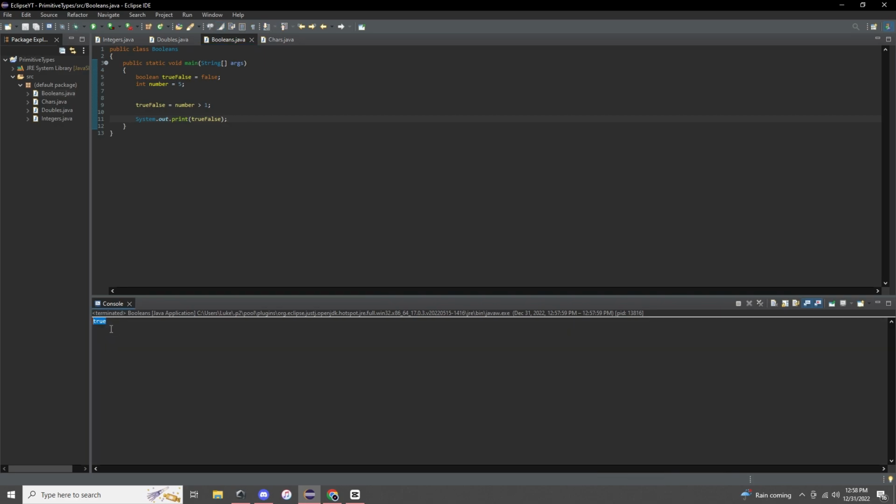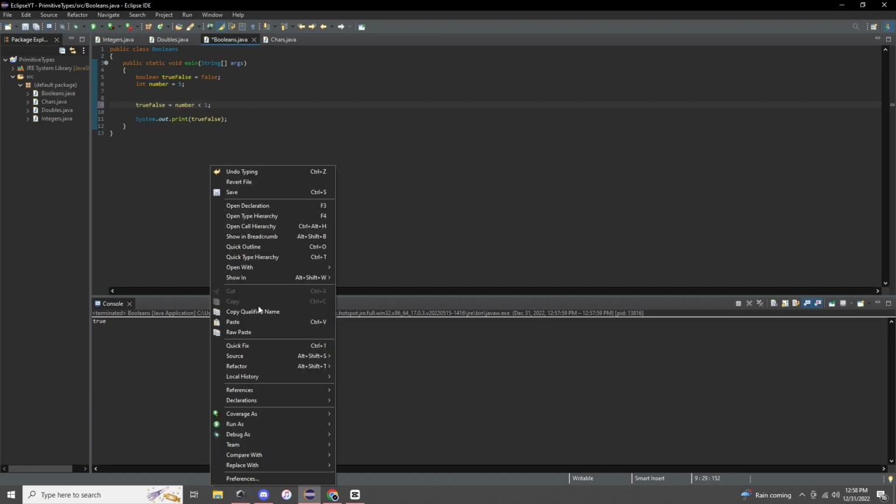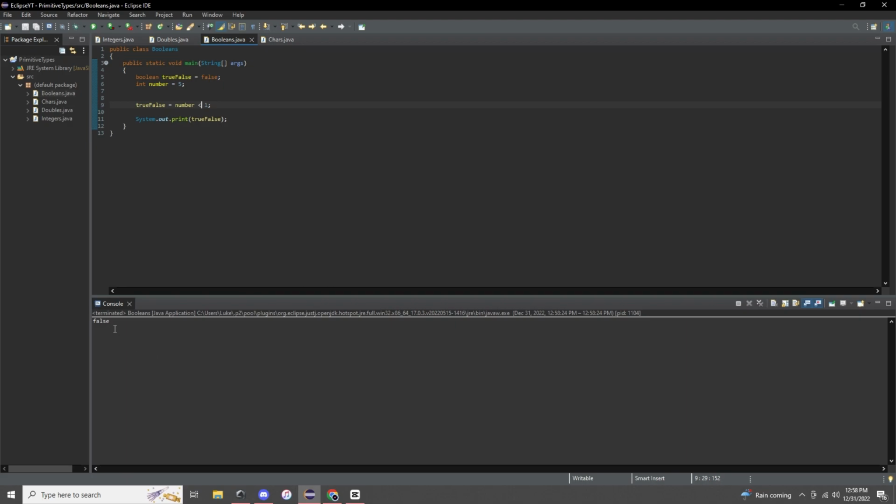So right now it's true because initially we set it to false. Then we have our number, which is set to 5. And then true, false gets set to this condition, whatever this evaluates to. So right now we're checking if number is greater than 1, which number is greater than 1. So that would be true. But look, if we set this to less than 1, now this should be false because this condition is not